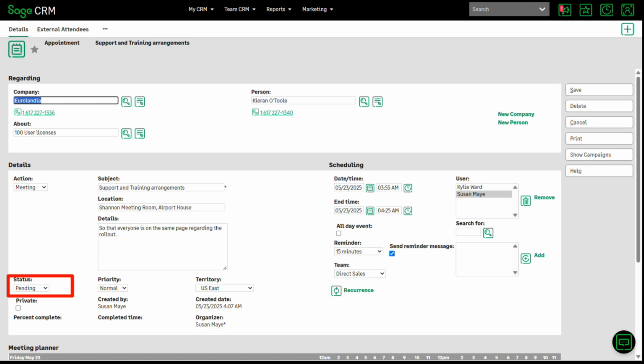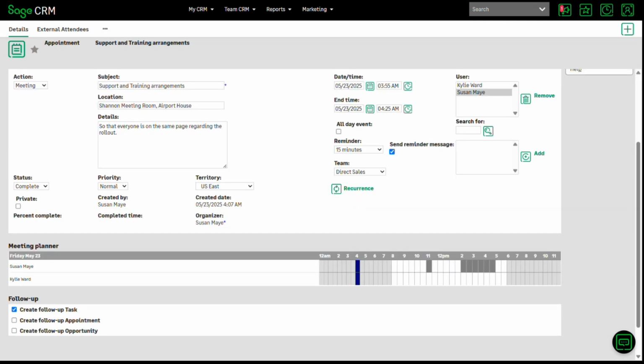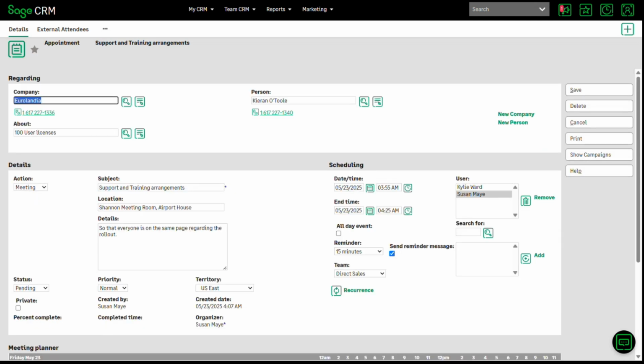If I look down, you can see that this is here on the status area where I can mark the appointment as completed and add any additional notes if needed. And so if I look down to the bottom as well, if, for example, we've had that meeting and we've identified that there are some actions that need to be done, here I could create for myself a follow-up task as well. So I can create a follow-up task, and if I scroll up to the top of the screen,